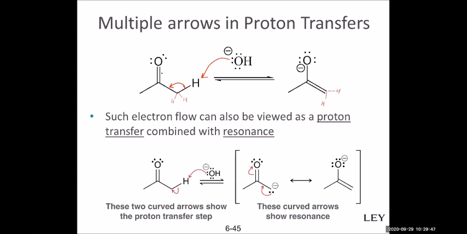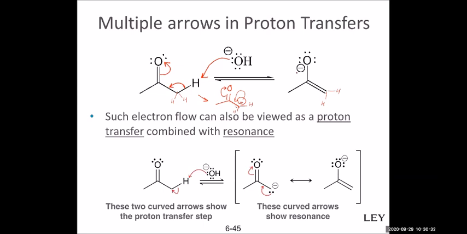To make it one step, we just make an arrow start from the pi bond and get to the oxygen. So you have one step, 3 arrows. The other way to write this, which is okay, I guess there's nothing quite wrong, is to write like this first. You form a carbanion with a lone pair first. And then the next step will be the resonance. That gives you the final product. Writing one step is the most common.